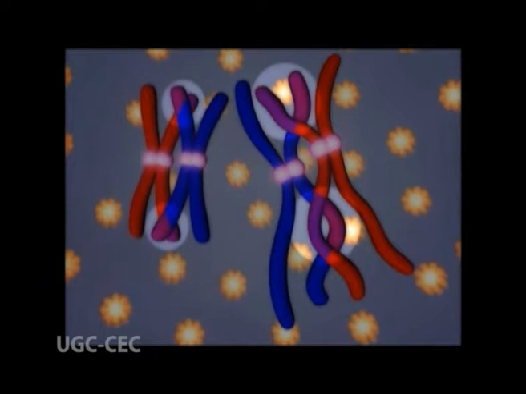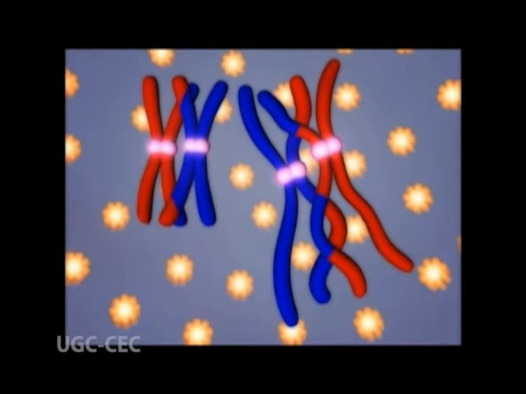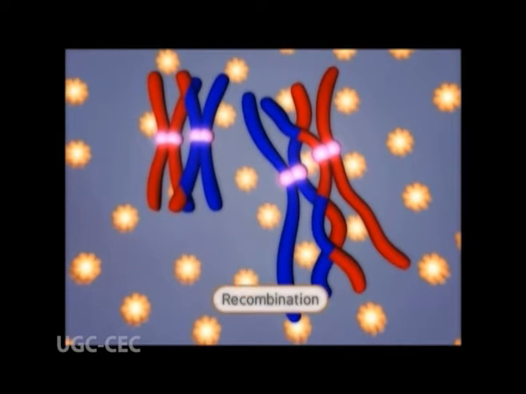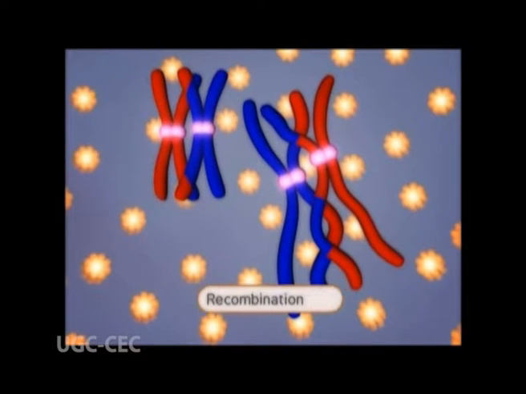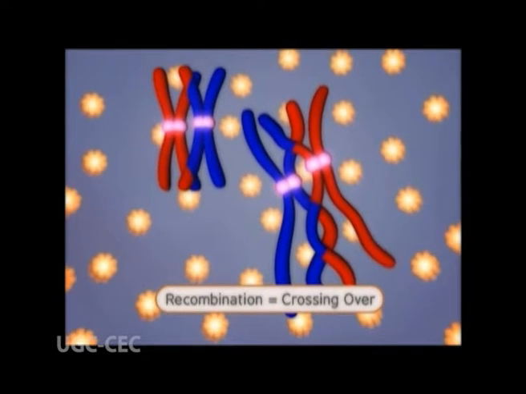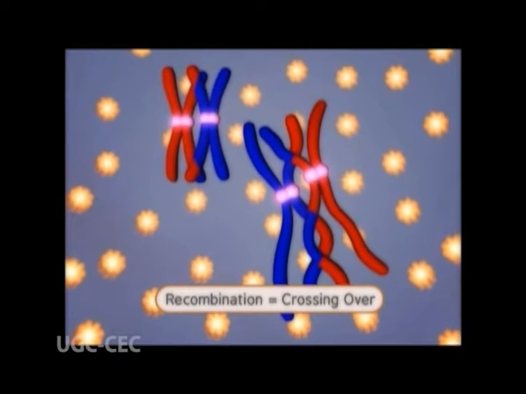How did the discovery of crossing over help Morgan explain partial linkage? To understand this, we need to think about the effect that crossing over can have on the inheritance of genes. Let us consider 2 genes, each of which has 2 alleles. We will call the first gene A, with alleles capital A and small a, and the second gene B, with the alleles capital B and small b.